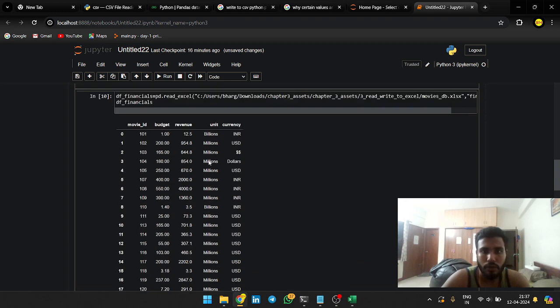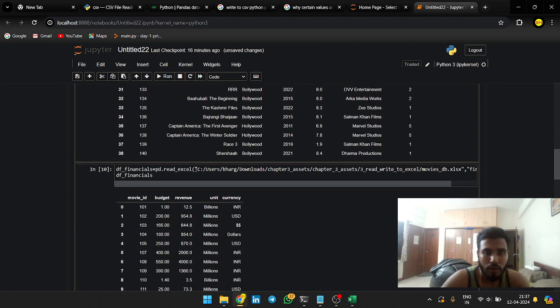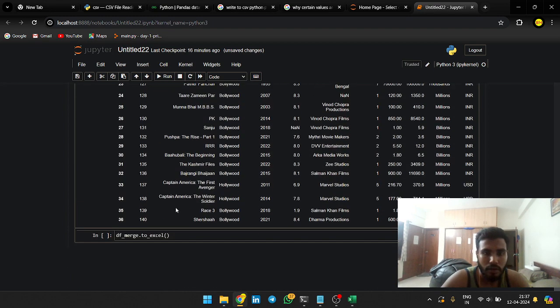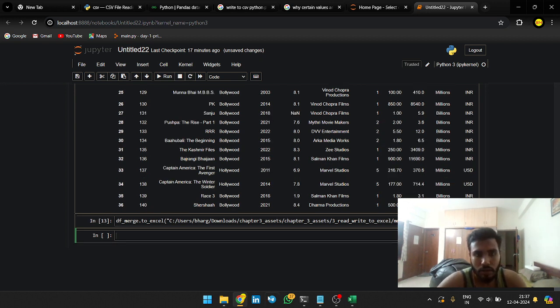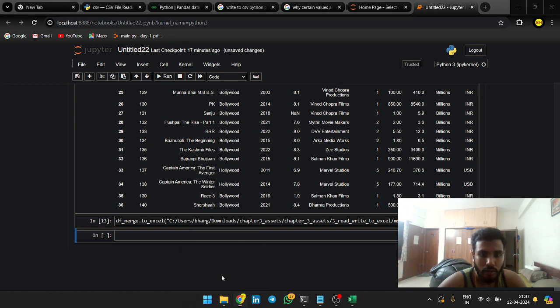We are going to print the same directory, Control V. We are going to change the file name and create a new file. You can create the new file in pandas itself. So I'm going to call this movies underscore merge, and I'm going to run this, and we'll have a file